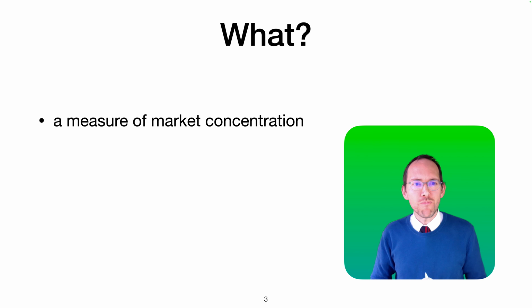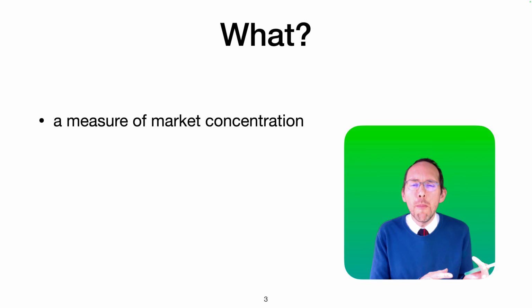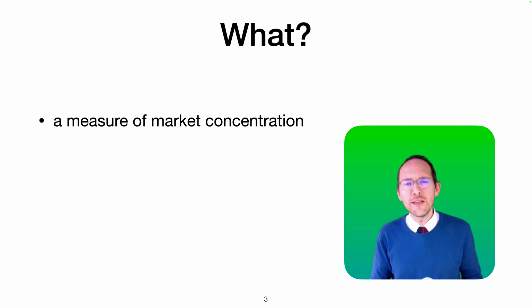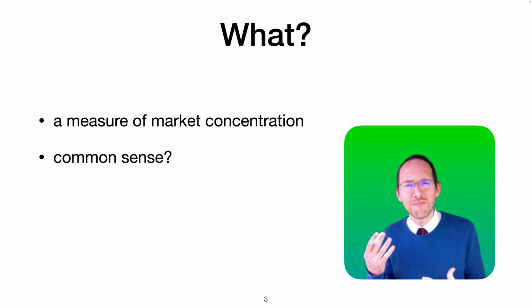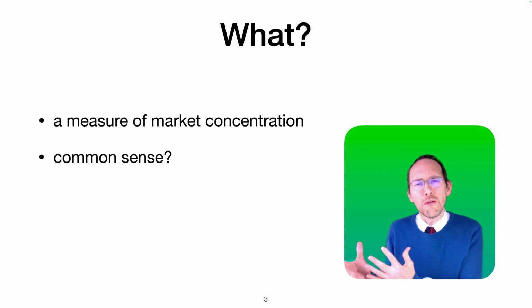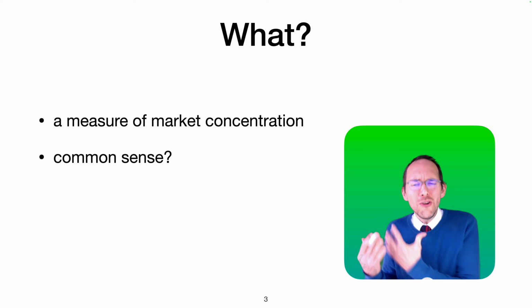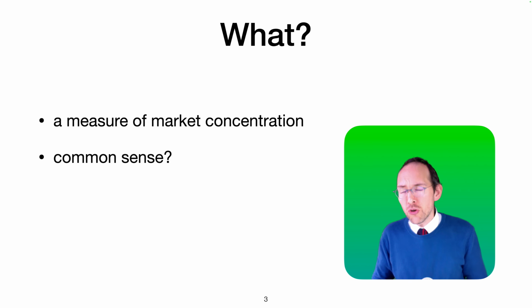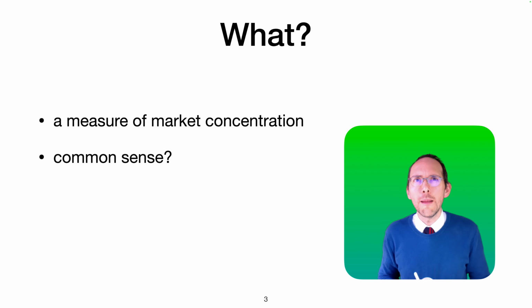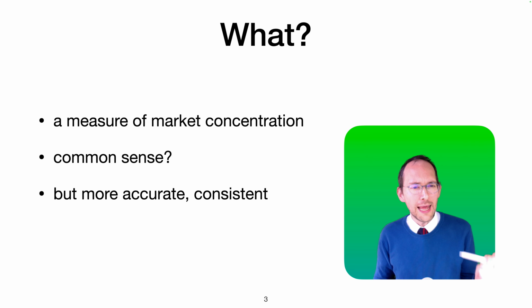Okay, what is it? Well, essentially, it's a number, an index that tells you how concentrated a market is. So it's a measure of market concentration. Now, you may say, isn't market concentration kind of common sense? You look at the market, you look at the number of players and their market shares, and you can tell that a market with 10 players is less concentrated than a market with just 2 players, right? Sure. That's true. But still, it's really useful to have this HHI because the HHI allows you to talk about